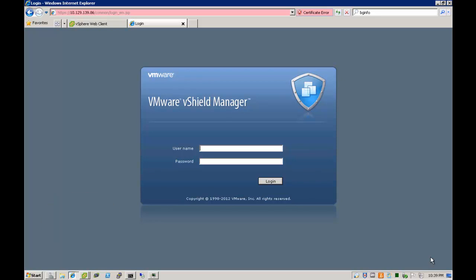So, what we're going to be doing today is I'm going to be showing how to load balance Exchange 2013 using vCloud Networking and Security Edge devices. vCloud Networking and Security, formerly known as VMware vShield, is the suite of security products that VMware has for